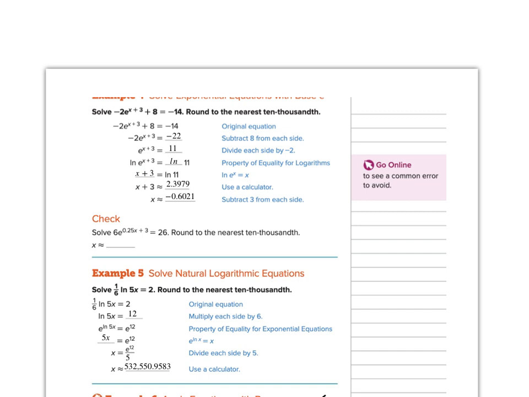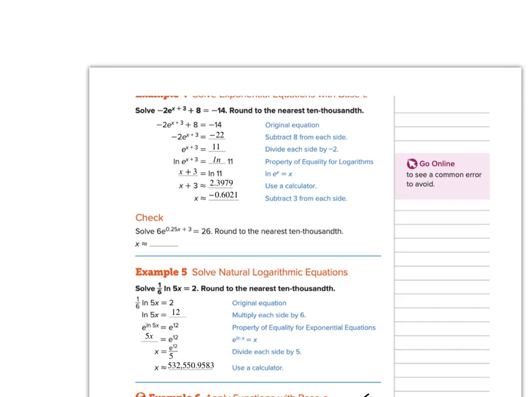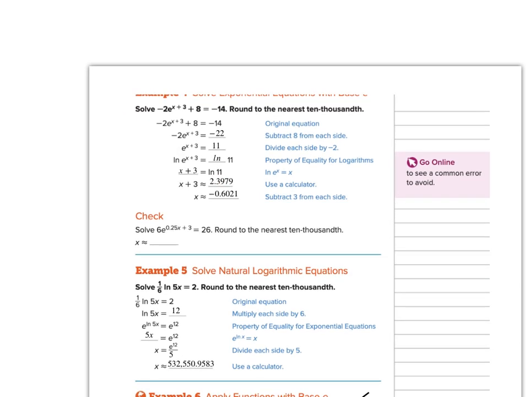and let's see, I'm going to back up here and just think about what's going on right here real quick, or let's just accept this. The natural log of e is going to be the exponent, so I have x plus 3 is equal to the natural log of 11. I could simplify this to the decimal, and I could do that later on. I could just go ahead and subtract 3 from both sides, and x is equal to,